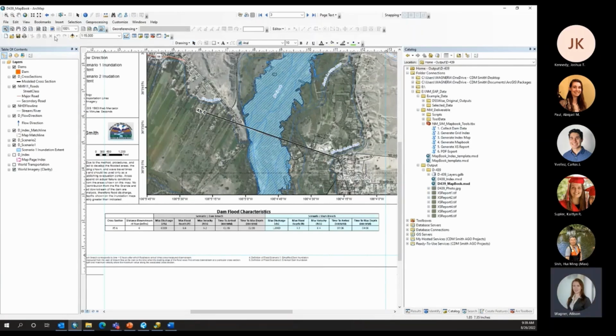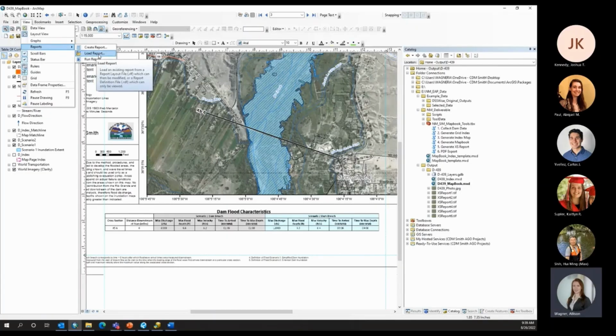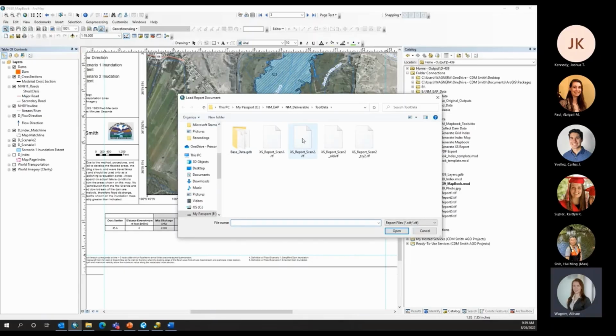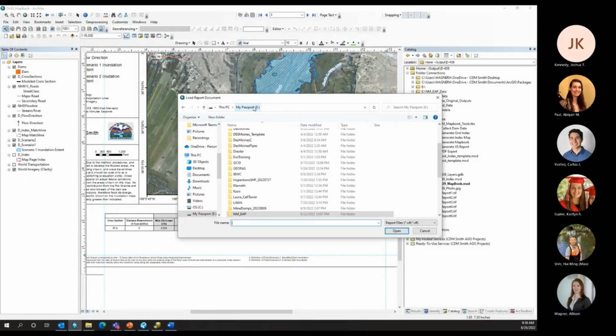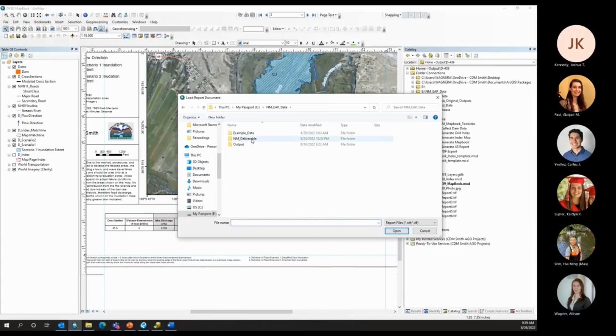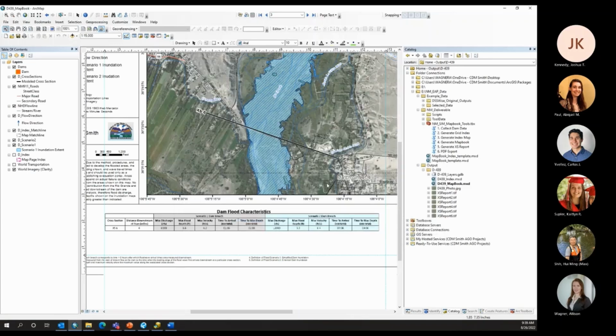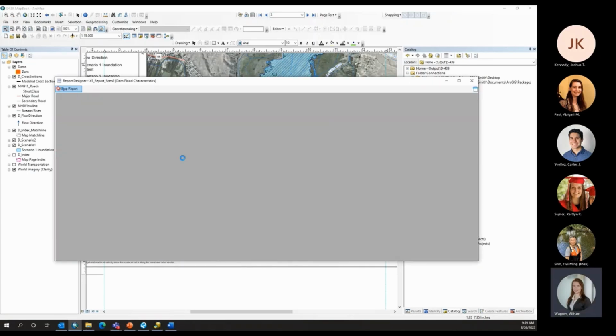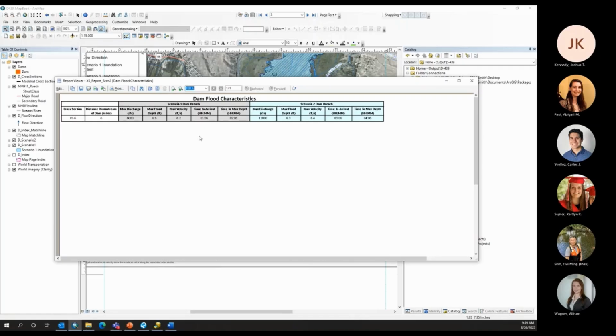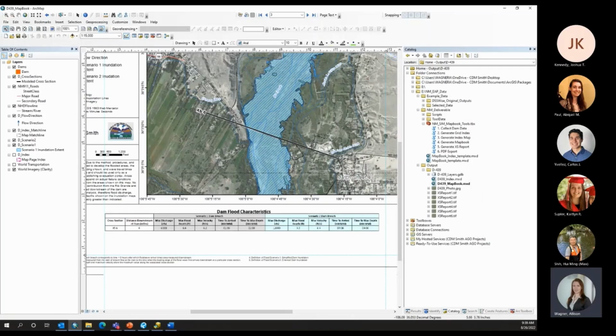An alternative is that the user could run the report on their own. So over here in the view dropdown, reports, you can load a report. And since we have a template for how this is supposed to look, let's see, that's the wrong folder. We've got our template files .rlf here provided for the user. You could choose to run a report. And now, since we're on page 3, we're getting the same thing that's displayed here. But if we went back to page 1,